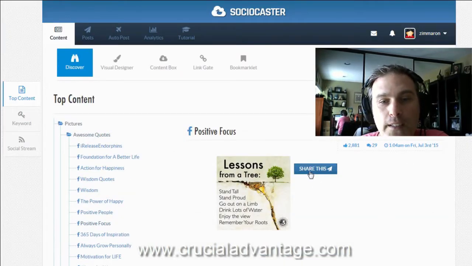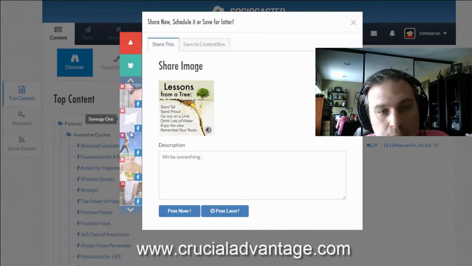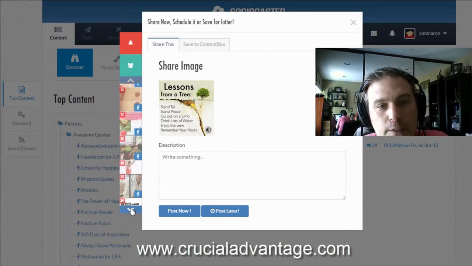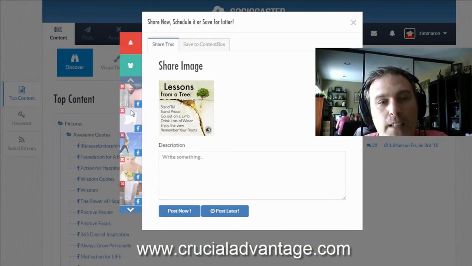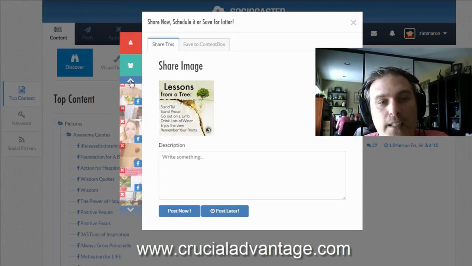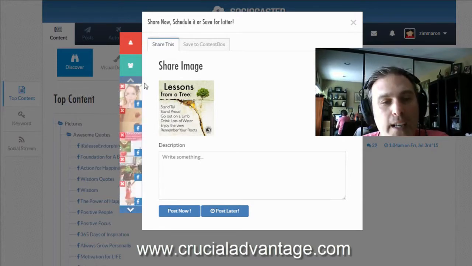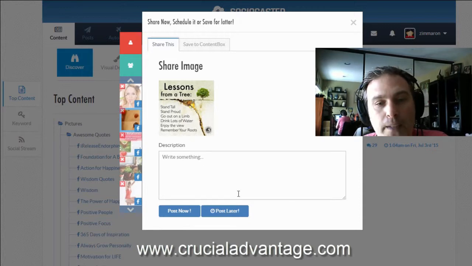And it's literally as simple as you click share this, it brings it up, and then you can go in here, and on the left hand side it's showing all of my Facebook pages that I've got set up in the system, and my Twitter accounts and any LinkedIn accounts and groups and things like that. So I can just go in there and say, okay, I want to post it to this one. I could write something and post it now, or I could post it later,